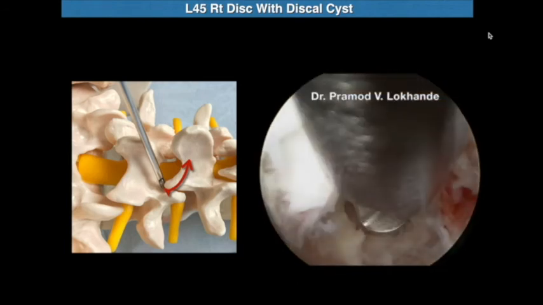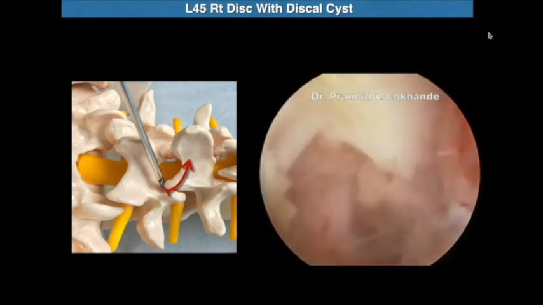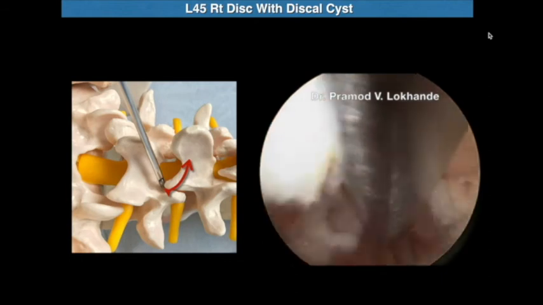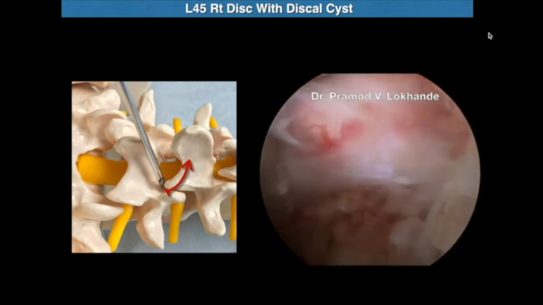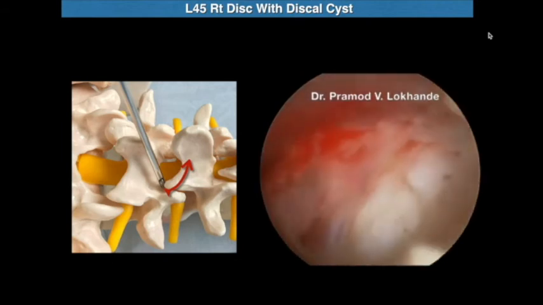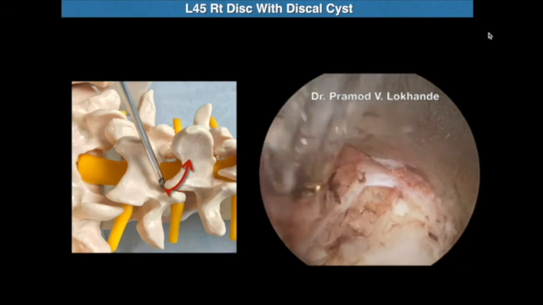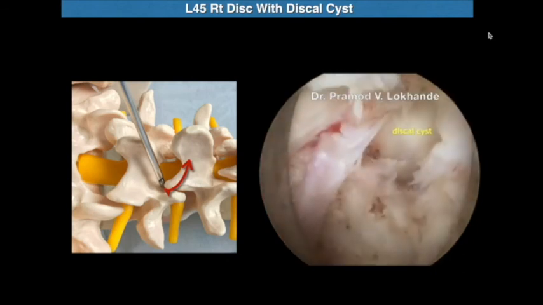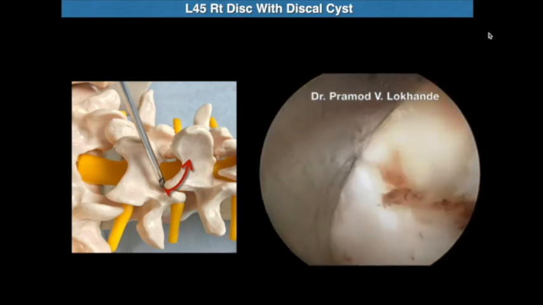We continue resecting the flavum laterally till the facet joint is reached. This is to identify the lateral border of the nerve root, which can then be retracted. The cannula is then advanced to the base of the spinal canal. Hemostasis is achieved. Cannula is rotated to retract the nerve root so as to expose the discal cyst. Cyst.